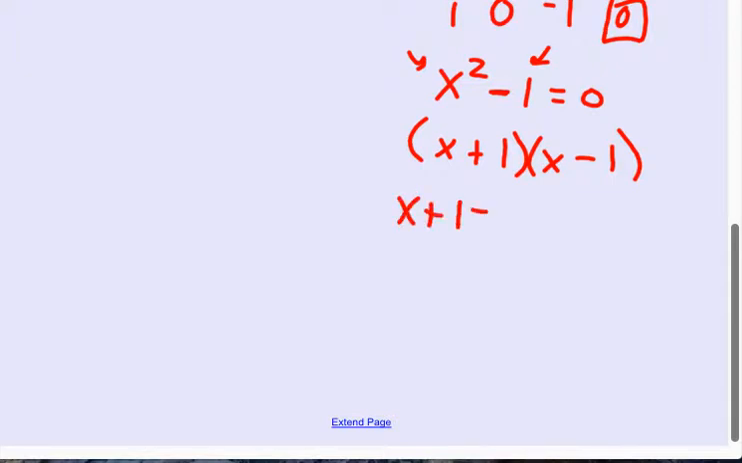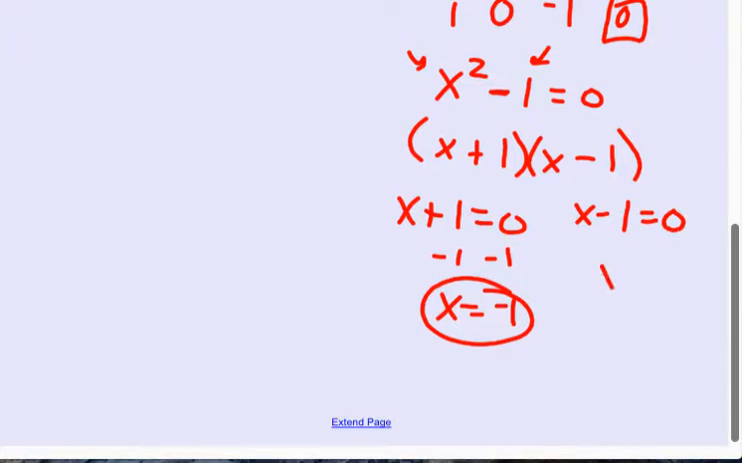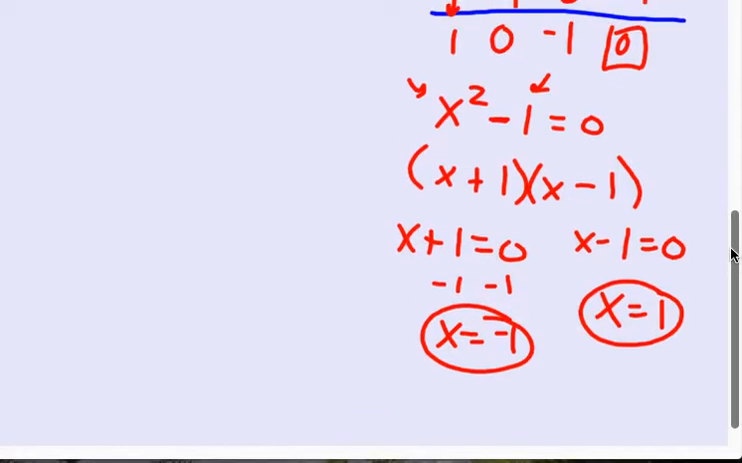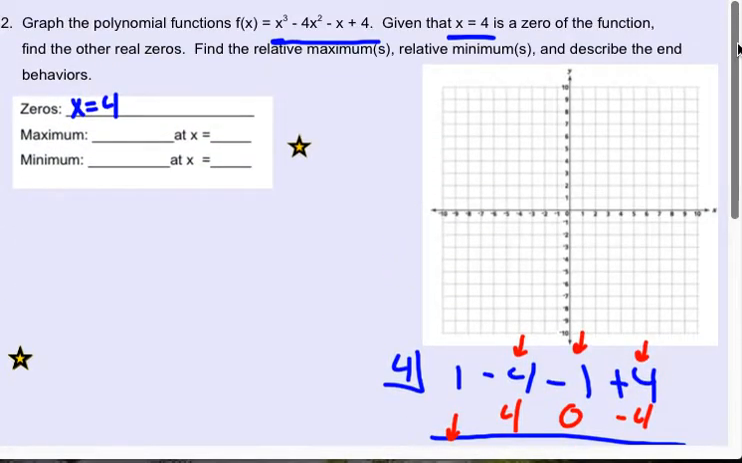First of all, x plus 1 equals 0. Subtracting 1 from both sides, I get x equals -1. And then x minus 1 equals 0. Adding 1 to both sides, I get x equals +1. So the other two zeros, to go along with the first zero, I think, which was 2, is -1 and 1. Actually, there's 4. So we also have x equals 1 and x equals -1. So there are 3 zeros. Excuse me. Graphing them now,